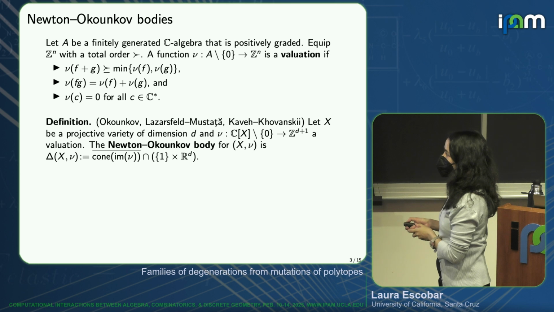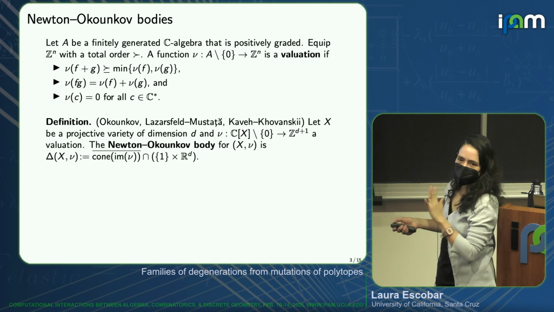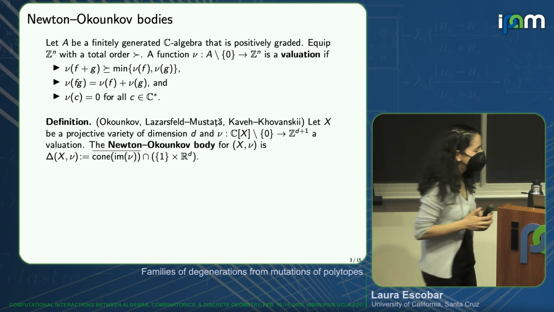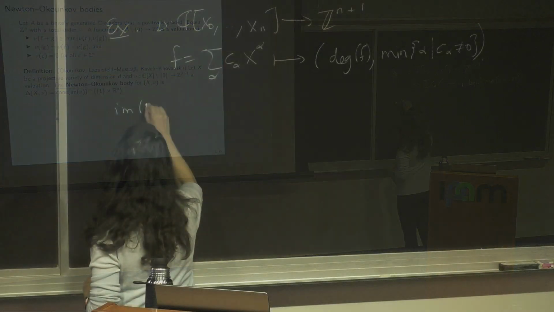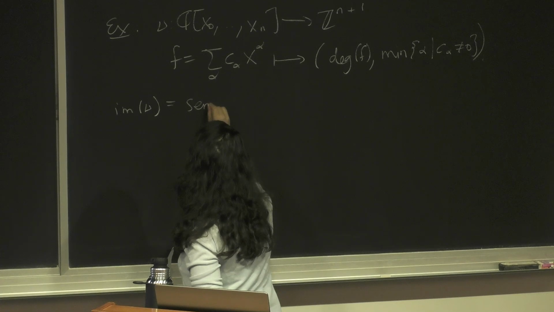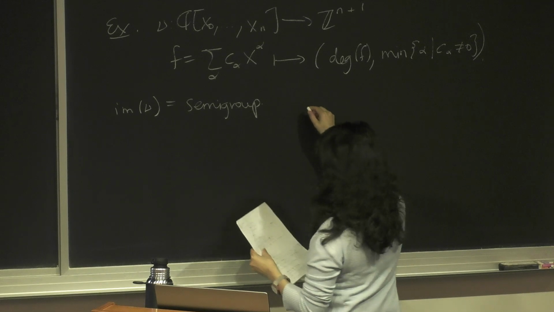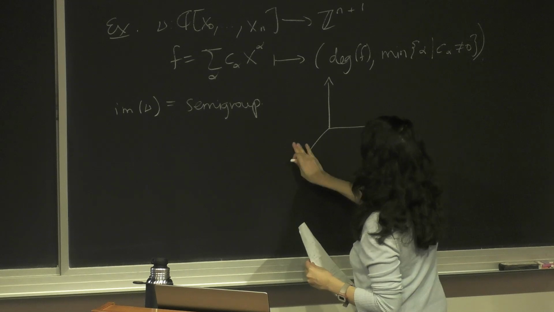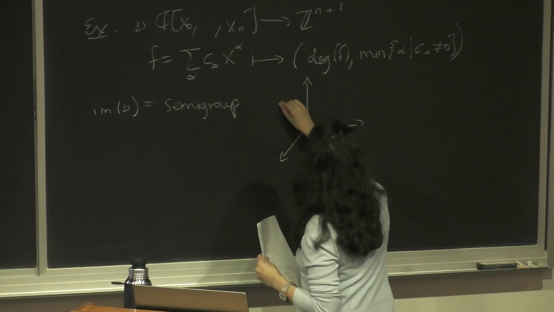You take the cone over there, you close it. You have to close it for reasons, but for this talk, you could ignore the closing because I won't give you the examples. And you intersect it with a hyperplane. So let's do that. So in this case, you're going to have that the image of your valuation, it's always a semigroup. Okay? And in this case, it's going to look like, so you have your three coordinates. Yeah, well, first, second, third, right? And then it's just going to look like